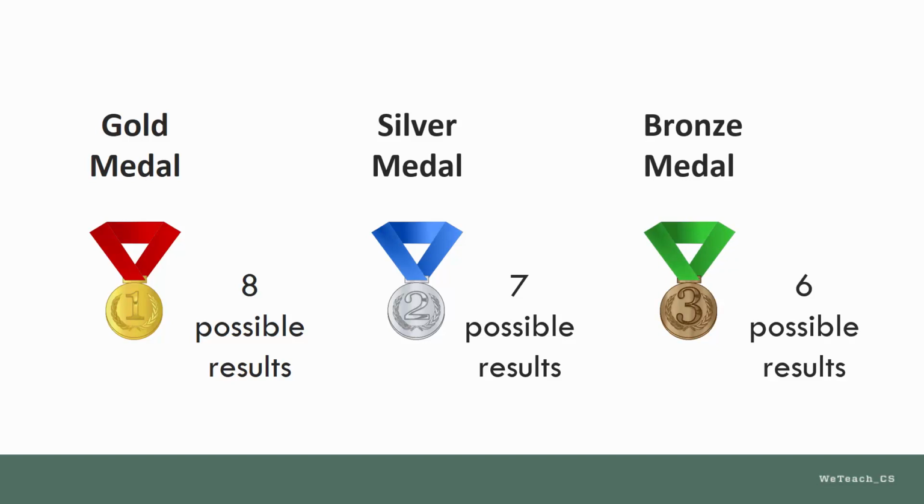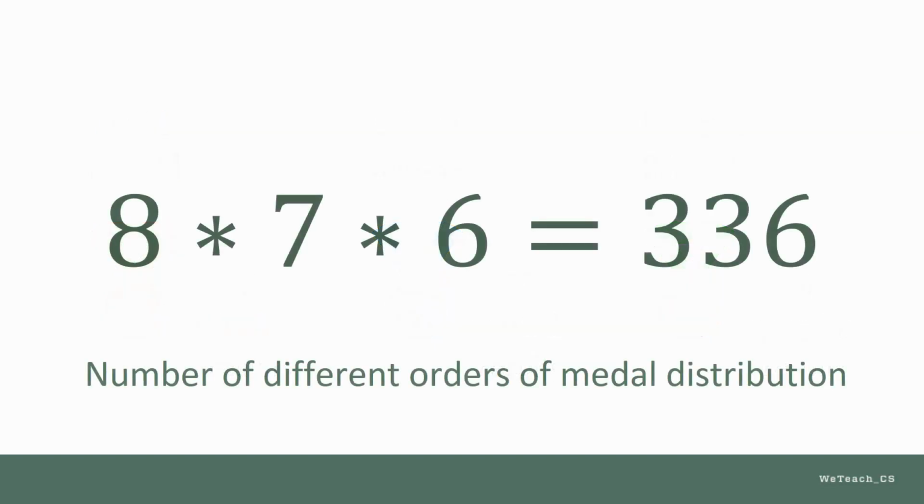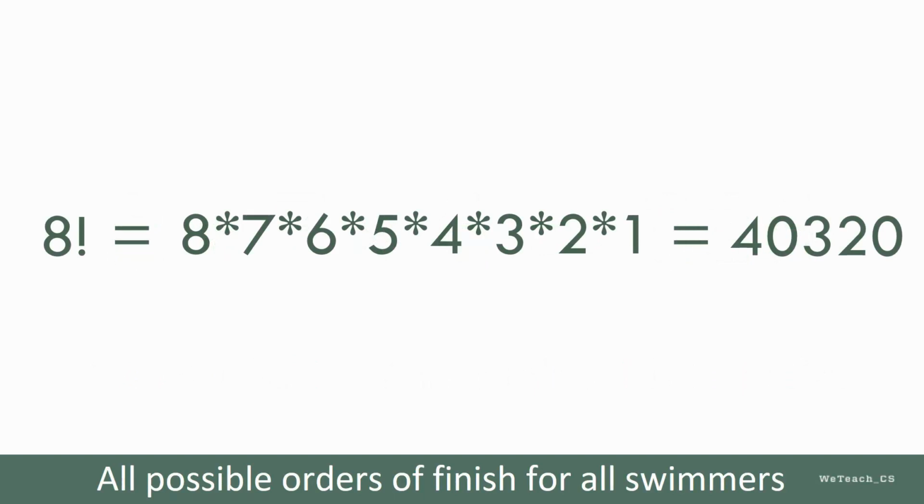The mathematical expression to calculate all the possibilities is 8 times 7 times 6, which means that there are 336 different possible orders or permutations of awarding the medals in this race. Let us take a closer look at a structure for this mathematical calculation. For any given situation, to calculate all possible permutations, we first calculate all of the possible orders of finish among all 8 swimmers, which is 8 factorial, or